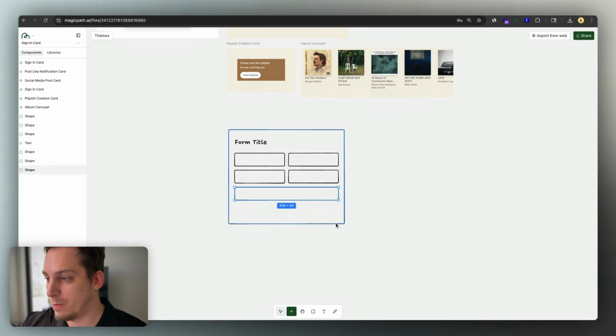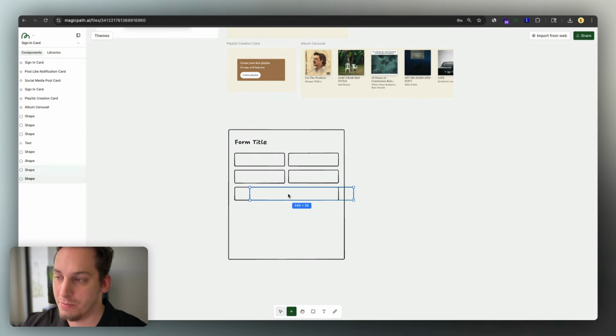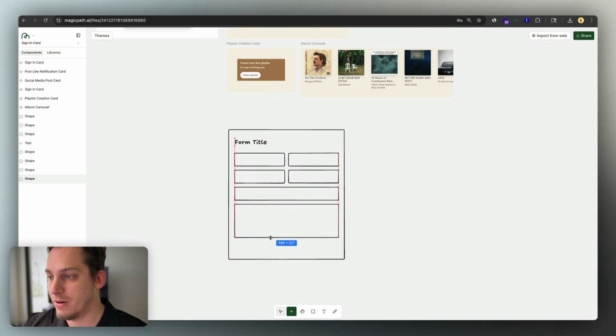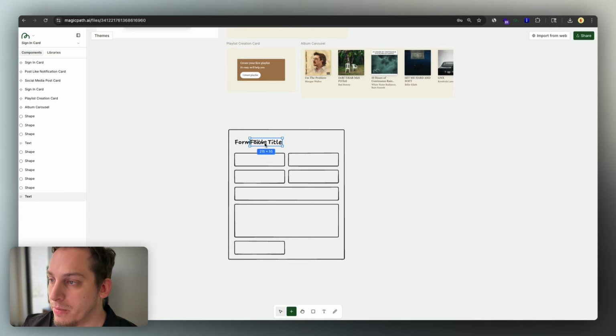Again, we can increase the size of this form block. And then we just have maybe one more space over here for longer content. And then at the end, we can just add a button over here that says, submit the form, right? And just to make things easier, what we can do is duplicate the different text blocks, make